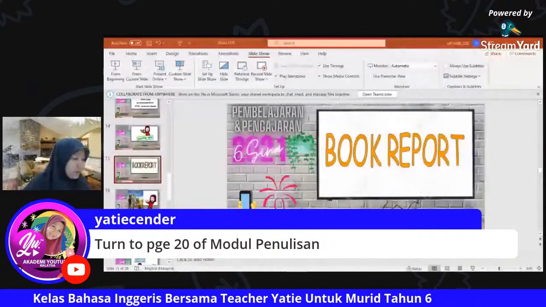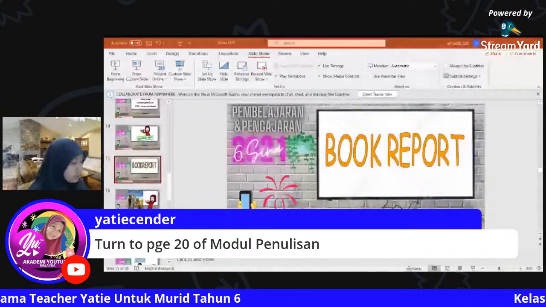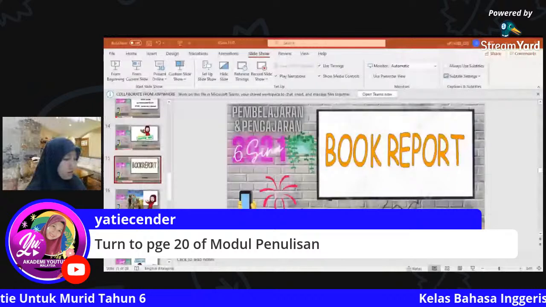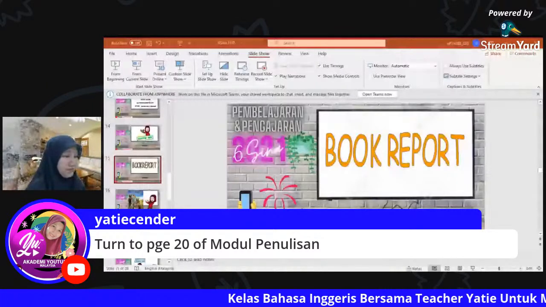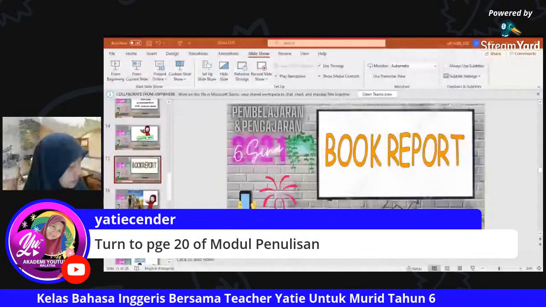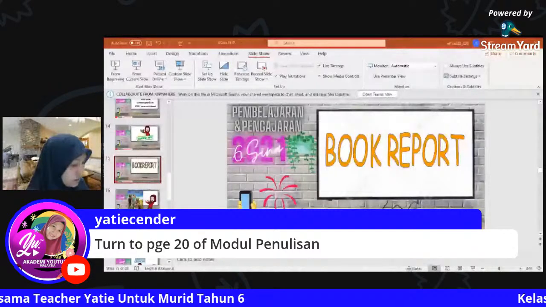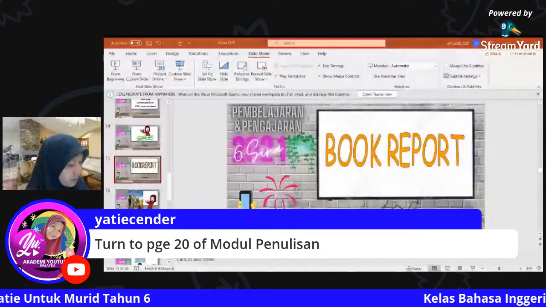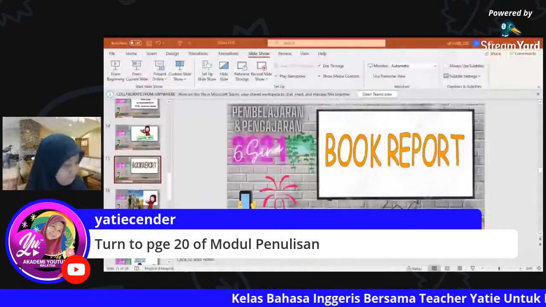Okay, and then author: Peter Benchley. The person who wrote that book is Peter Benchley. The genre: science fiction. Characters: Brody, Quint, and Hopper. Synopsis: this story is about a great white shark that attacks a small resort town and the journey of 3 men to kill it. Opinion about the book.